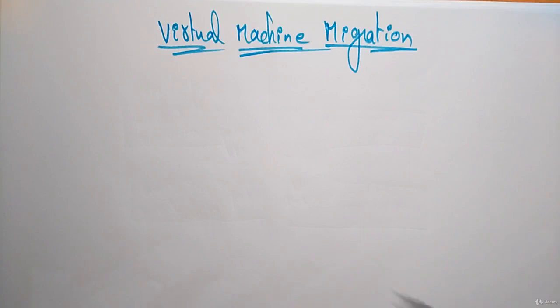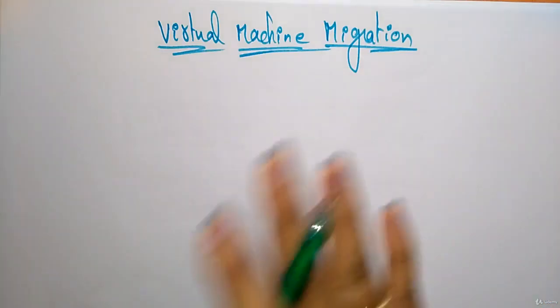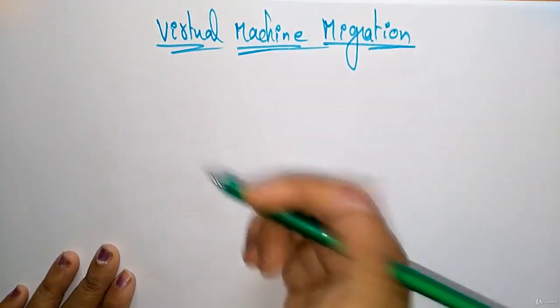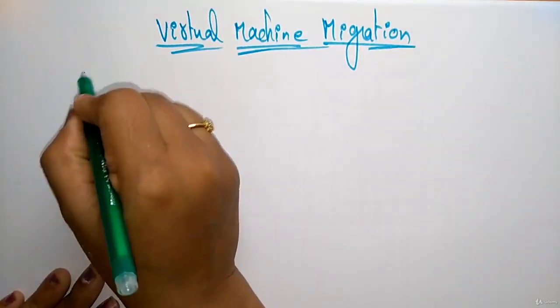We already know that migration is nothing but moving from one to another. It can be any type of movement, whether it is upgrading, failures, or whatever it may be. The migration may be bad or good, whatever it may be. Now let's see about this virtual machine migration. Let me first explain the needs for virtual machine migration.